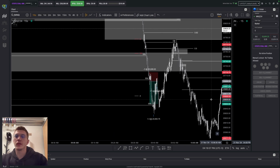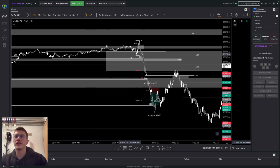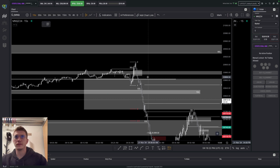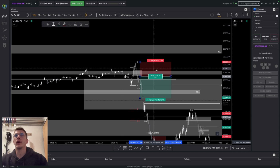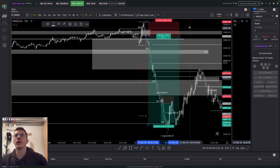So yeah, this was basically an amazing day to trade. This was a great setup. I just did not get a good entry, but I could have, for example, entered inside of here, because this fair value gap got inversed with a big momentum. I could have only gone in with 1 contract and then added more, maybe inside of